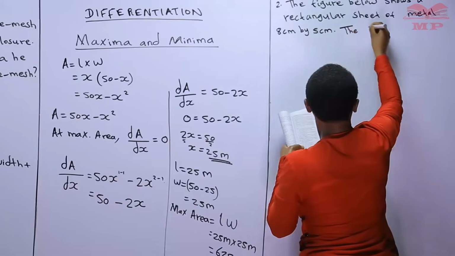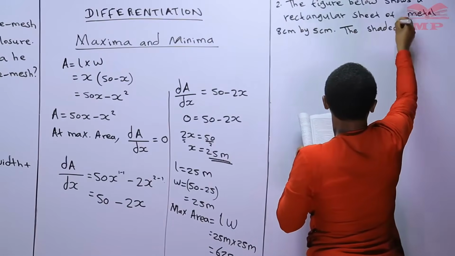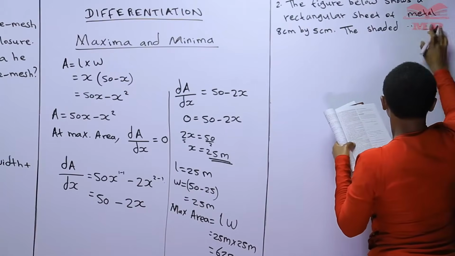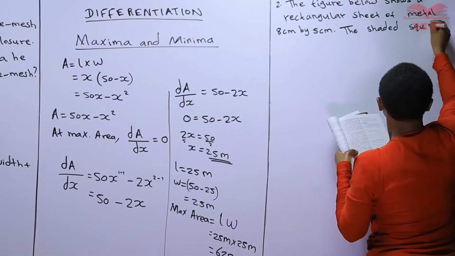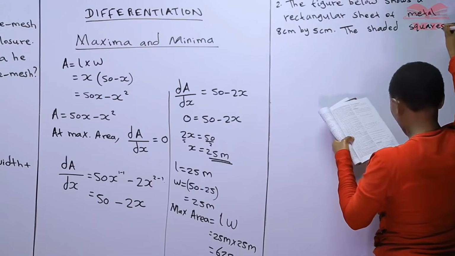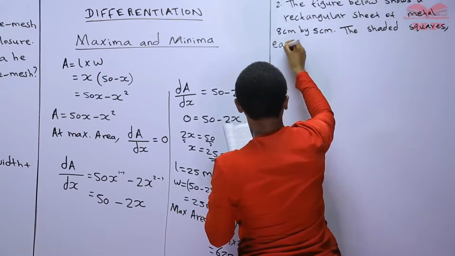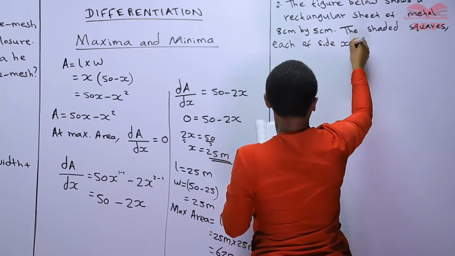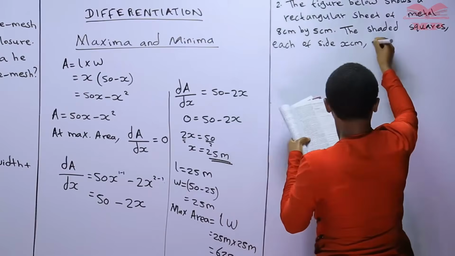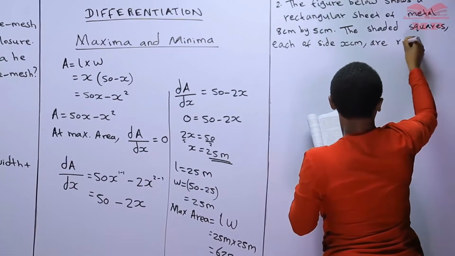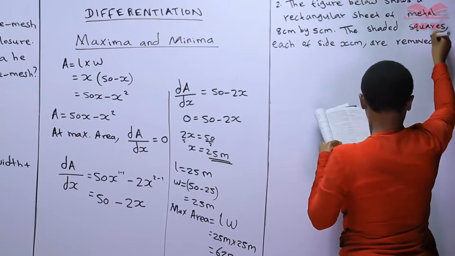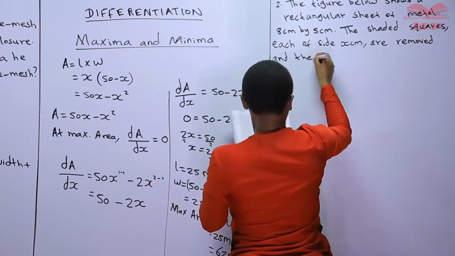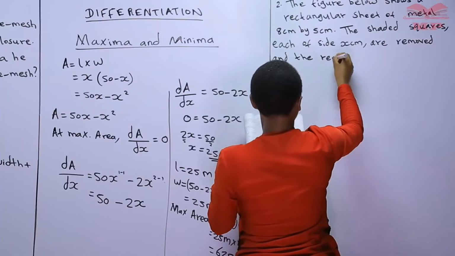Then we are told that the shaded squares, each of side x centimeters, are removed. They are removed, and the remainder